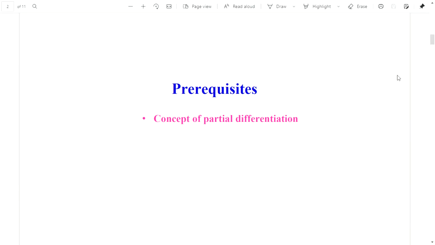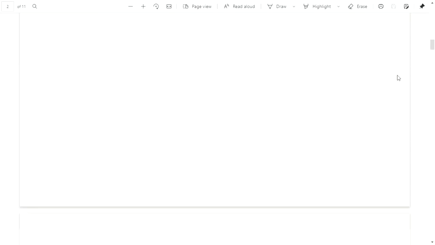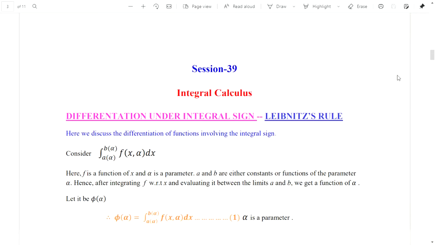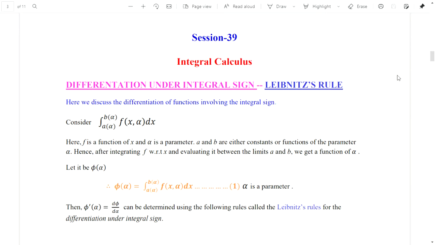The prerequisites are: to do the problems on Leibniz's rule, the student should be familiar with integration and partial differentiation. Now, let us see what is Leibniz's rule. This is session 39, Integral Calculus. In this session, we are going to discuss differentiation under integral sign, which is given by the mathematician